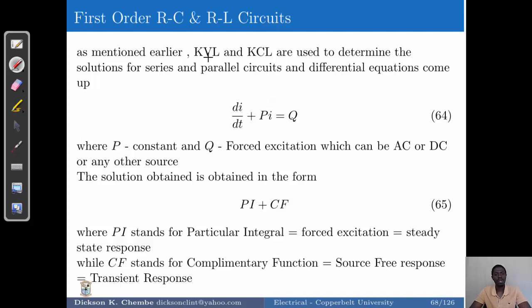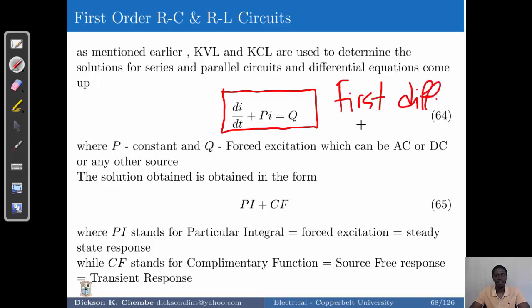As mentioned, KVL and KCL are going to be applied to determine the solutions for these transient or differential equations. But what you'll notice is that the differential equations that we are going to have are going to be in the format of first order differential equations. And it's for this reason that we call these circuits first order circuits. So when we look at the generalized solutions that you're going to obtain, you're going to have what we call a particular integral and then a combination with